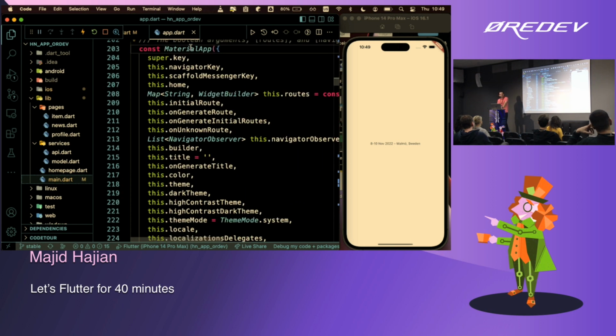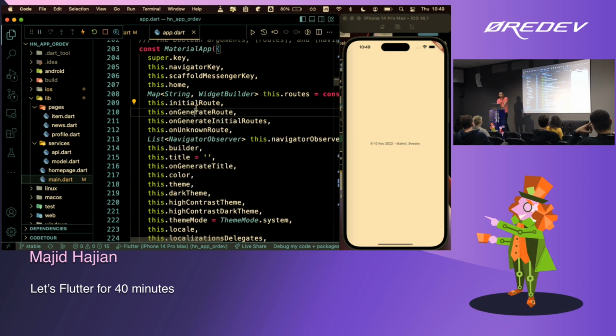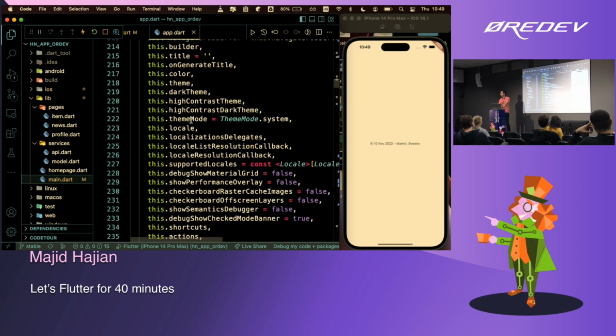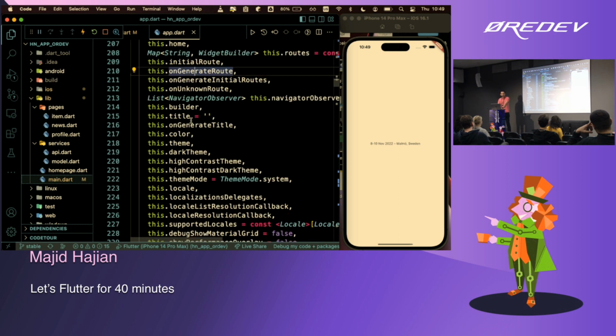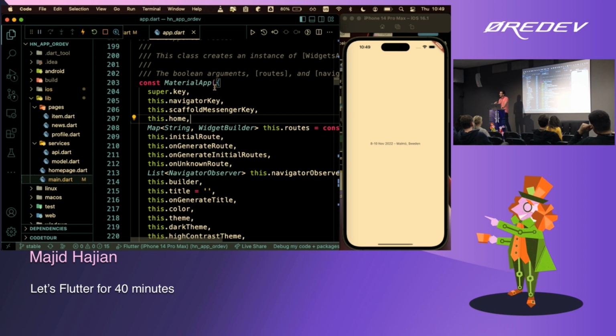So you see, this is a constructor. This is a class that comes with all of these properties or parameters. If you don't know what they are, you can simply go to the definition of them and take a look at that. I'm not going to go through all of this, but my point here is that each widget comes with full documentation, where you can just read that over there. But let's learn the syntax.